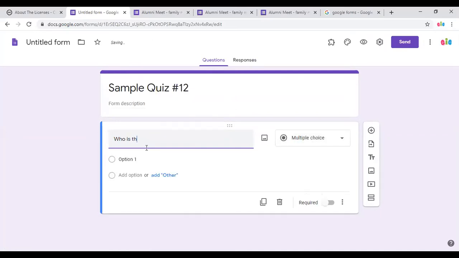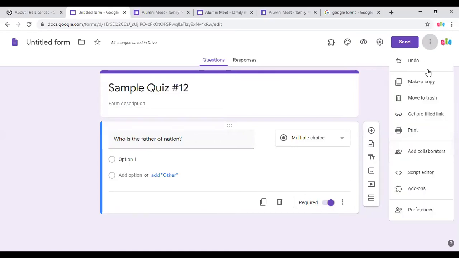Who is the father of the nation? A question like this. So we'll mark it as required. So here again, I have to go to settings to make it a quiz. Go to settings.